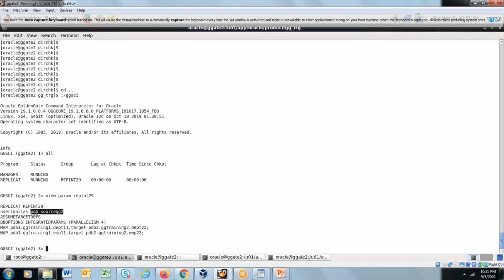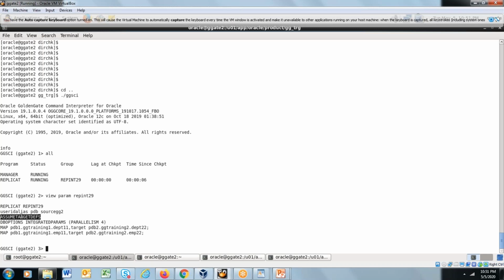Now from 12.3 onwards, we have self-describing trail files, which we'll be discussing later on as well. Self-describing trail files means automatically the structure of source objects gets written into the trail files. So Golden Gate automatically has assume target depths now. The Golden Gate replicate process automatically reads the definition from the remote trails and then applies the data.